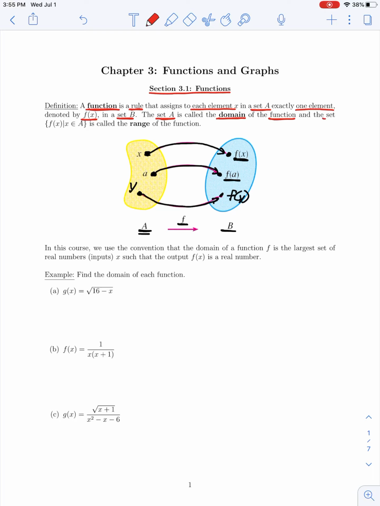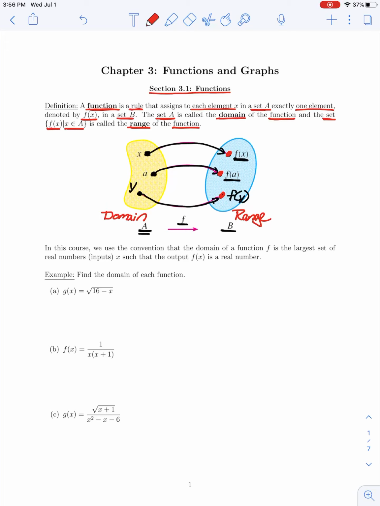And the set of values, f of x, where x is chosen to be an element of the set A, is called the range of the function. So here we're taking points in a set A, which is called the domain of the function, and the set of values that are being assigned by this function is called the